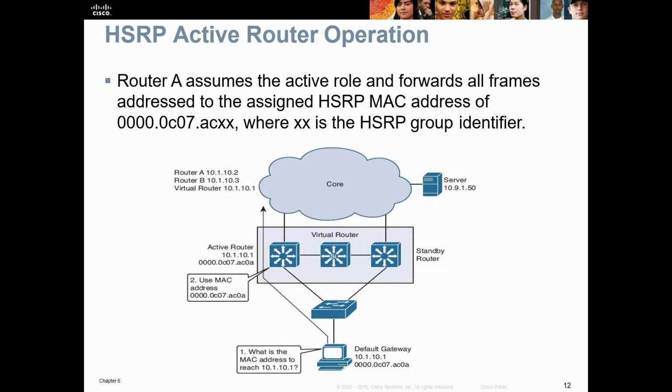So here, basically what we have been talking about, they are reiterating it here. The router A assumes the active role and forwards all frames addressed to the assigned HSRP MAC address. Good? So router A, this here is router A. The one on this side here is router A, the active router. Good? So it assumes the MAC address, it uses the MAC address